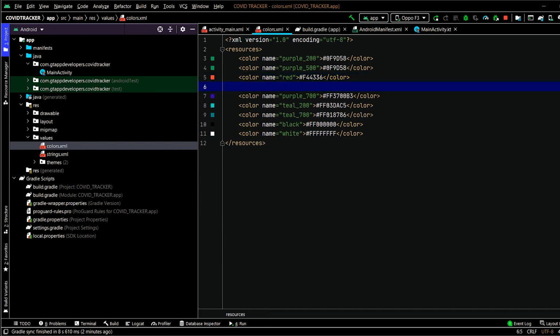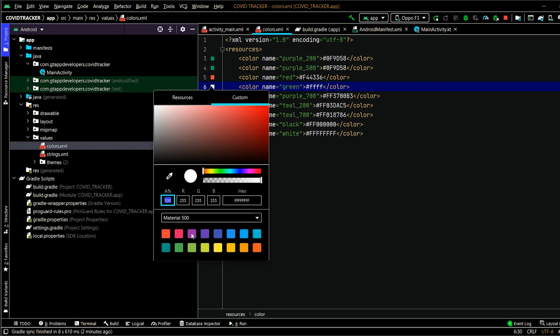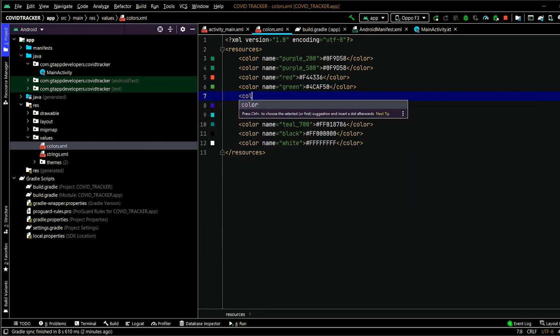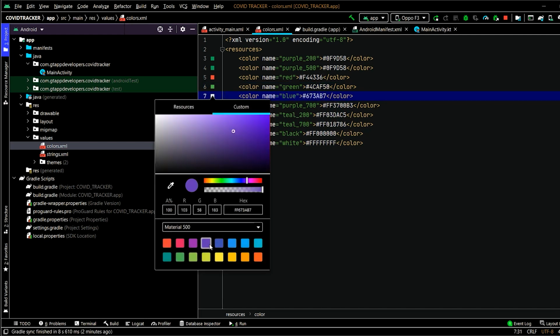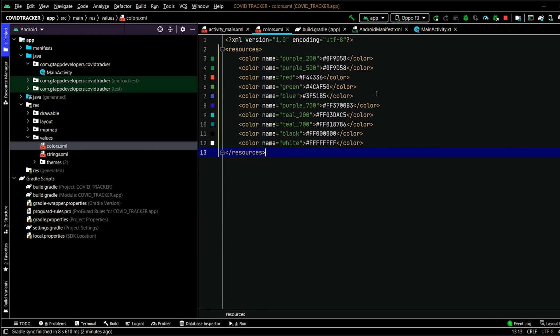Now similarly we will add the green color. Now we will add the blue color. Now we have added our three colors.